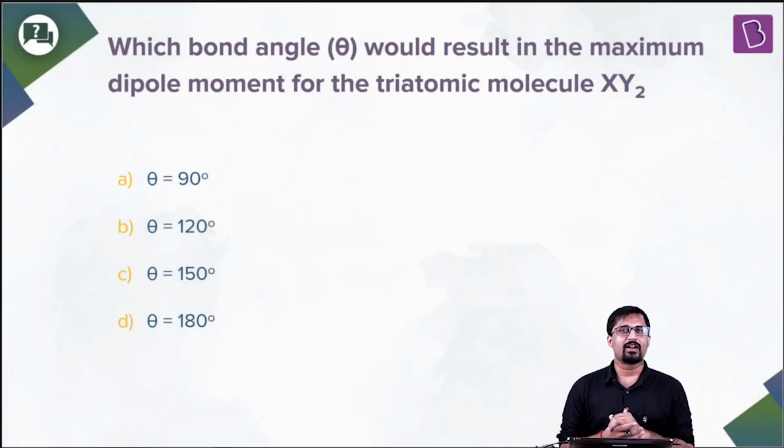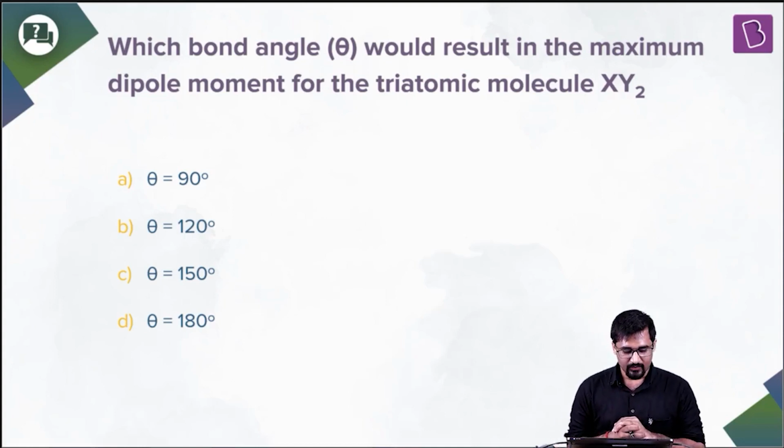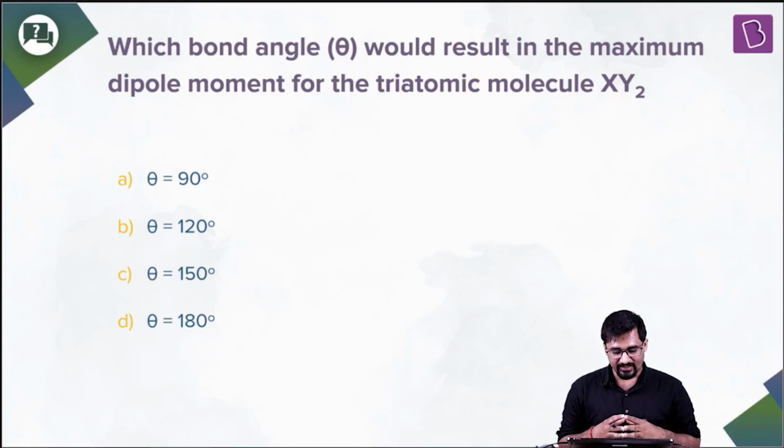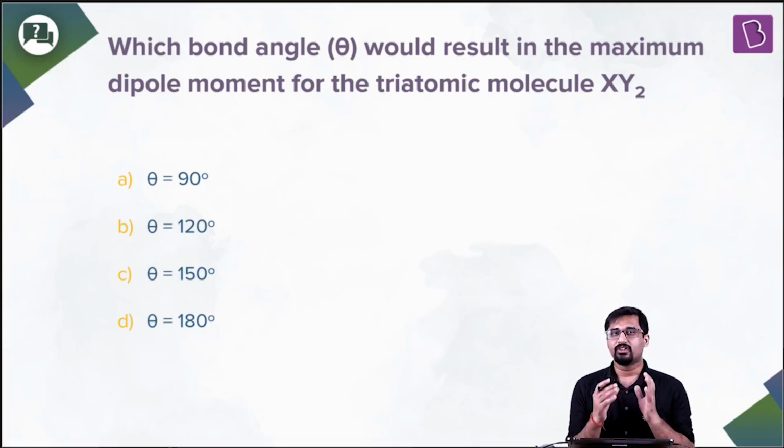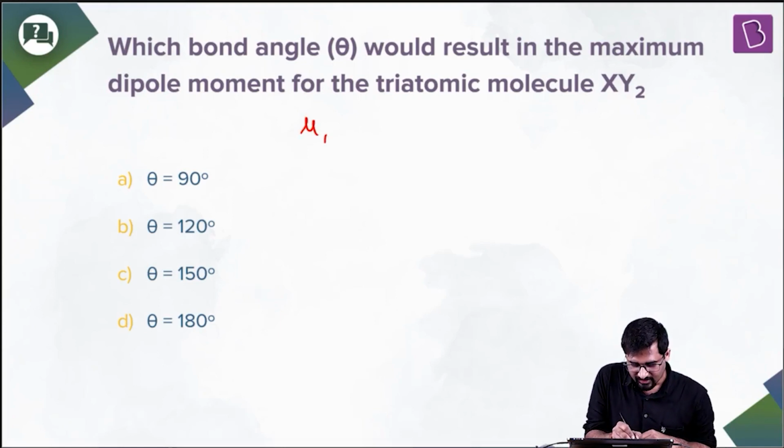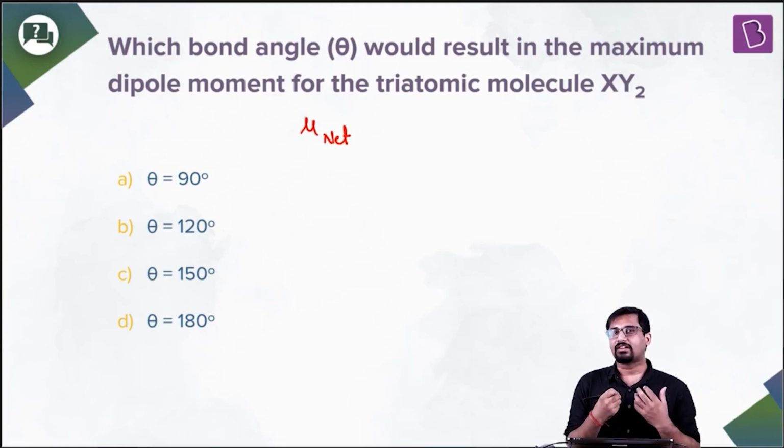Hi, let's have a look at this question. The question is, which bond angle theta would result in the maximum dipole moment for a triatomic molecule XY2? Very interesting question. Let me first tell you the formula to find out the net dipole moment, which is very, very interesting. Dipole moment is a vector quantity, and whenever you have to find the vector resultant for dipole moment,